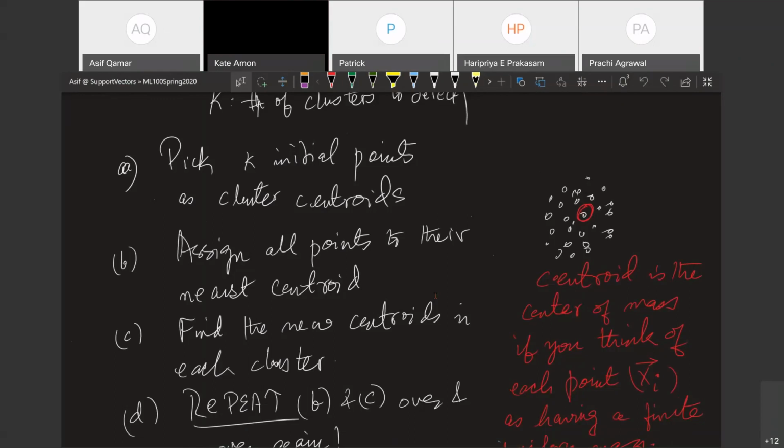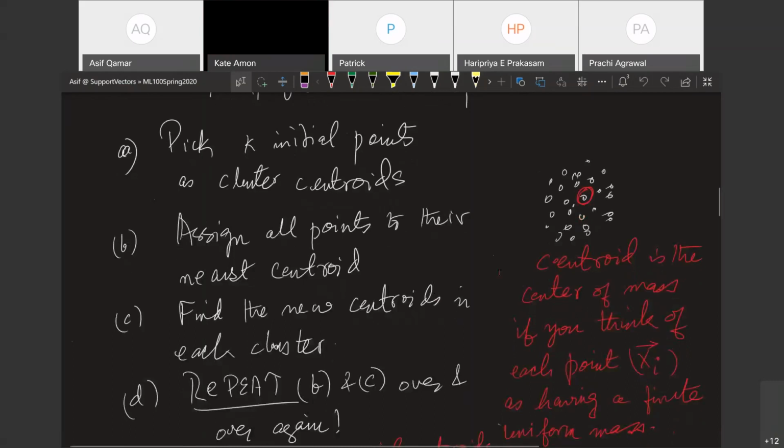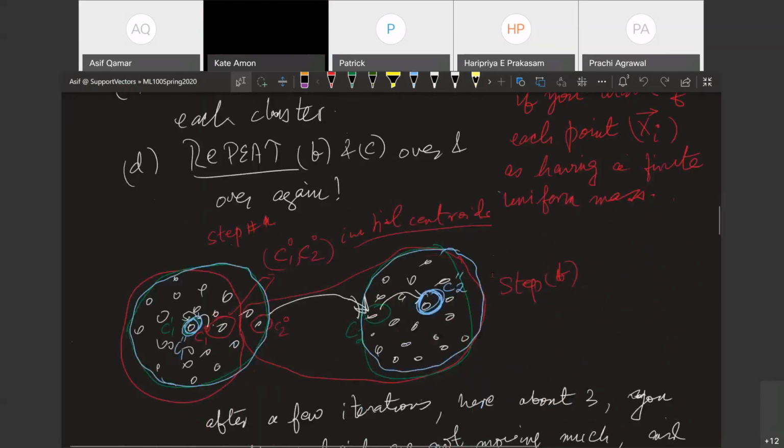Now what you do, you need to have a cycle, a loop that repeats. The loop is, once you have partitioned all the data points into clusters, for the clusters, recompute the centroid, the true center of gravity. You do that. And once you do that, once again, reassign all the points to the nearest centroid. And you keep repeating this cycle till you notice that either the centroids are not moving or points are not changing loyalties from cluster to cluster. And there are many variants of k-means clustering that use one or the other. You can keep doing that. So that is the algorithm of k-means clustering.